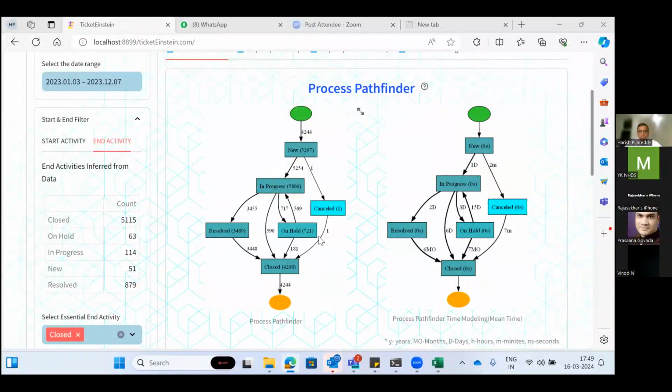So generally, as a process consultant, we try to put the focus here. We ask the project team a simple question: why is it getting on hold, what is the reason for hold? Maybe there are certain tickets which go to in progress and directly to close. The question is, why do they go from in progress directly to close? Why is it not taking the resolution route? It will throw up a lot of questions, and the open-ended questions get a lot of answers, and that will lead to a lot of good discussion with the project team.